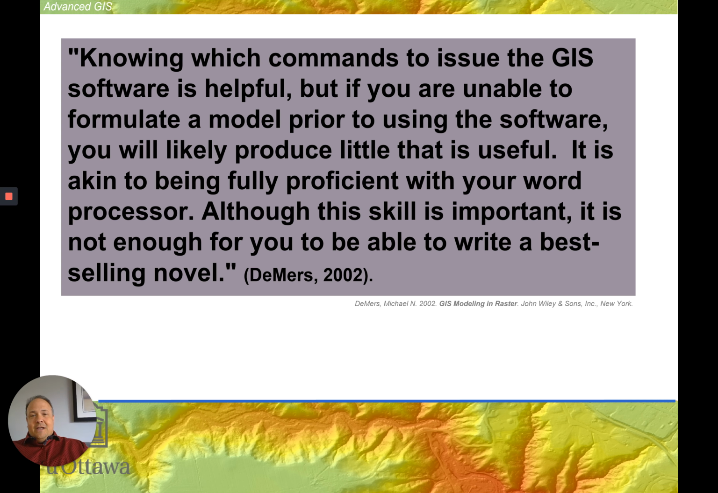So what this is telling us is that just because you can put something into a GIS system or operation and not get an error, it doesn't mean that what comes out is necessarily good. So always keep that in mind every time you do something within